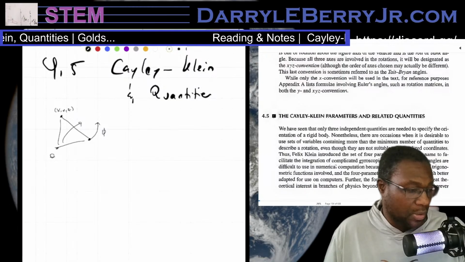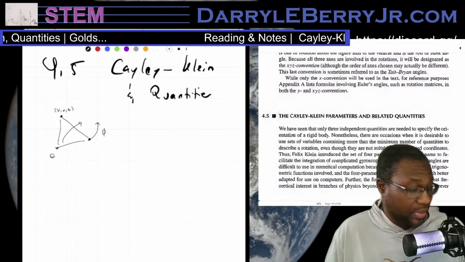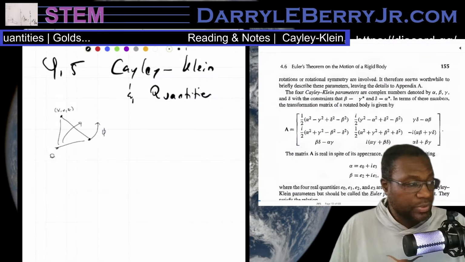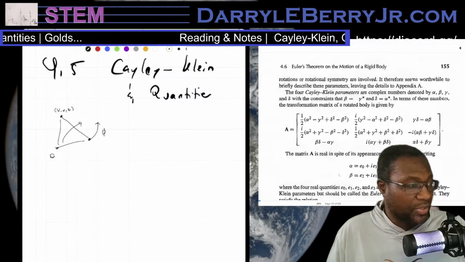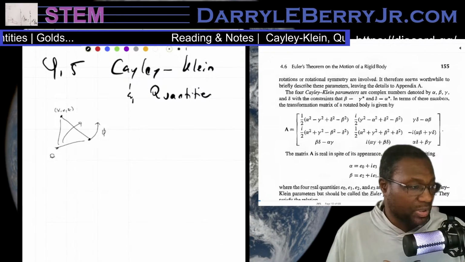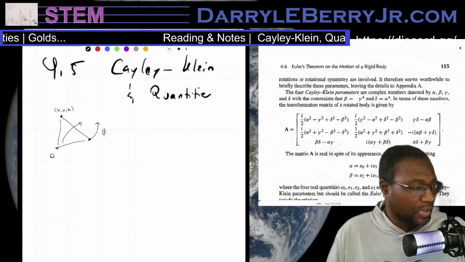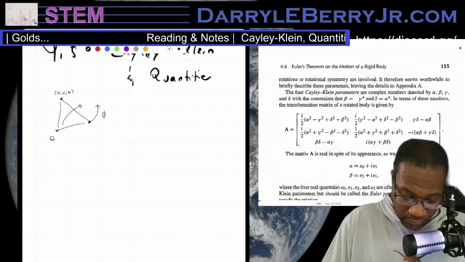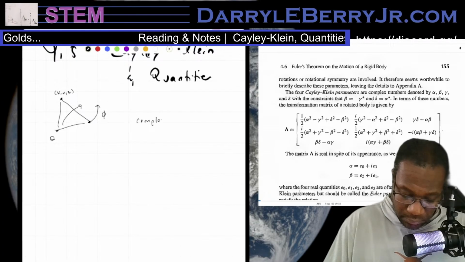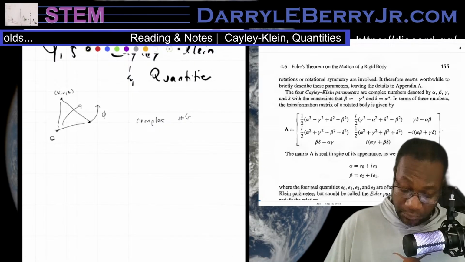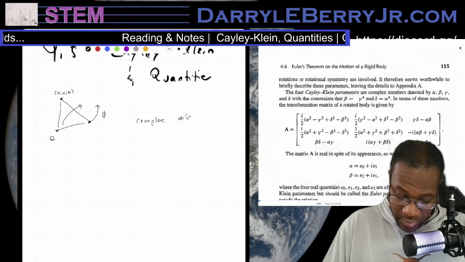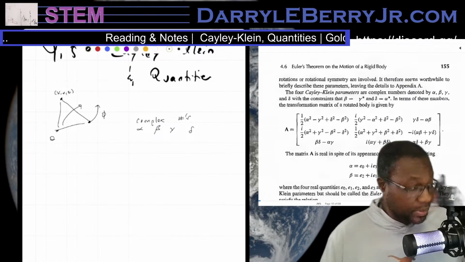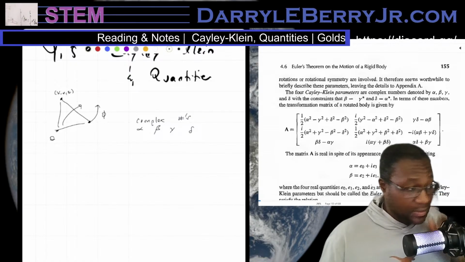Although the 4-parameter sets are of great theoretical interest in branches of physics beyond the scope of this book, wherever rotations or rotational symmetry are involved, it therefore seems worthwhile to briefly describe these parameters, leaving the details to Appendix A. The 4 Cayley-Klein parameters are complex numbers denoted by, so does this ring a bell? Complex numbers. Alpha, beta, gamma, and delta, with the constraints that